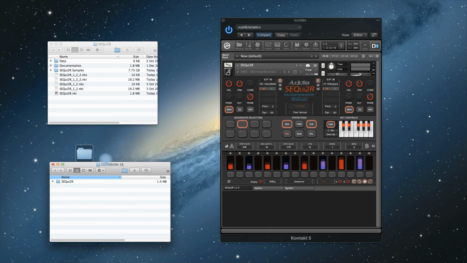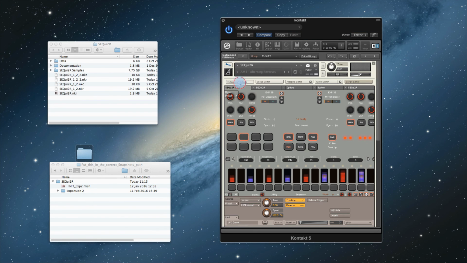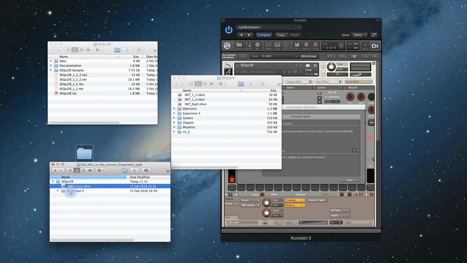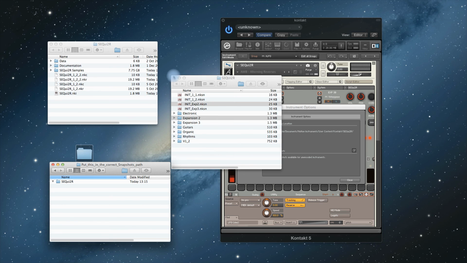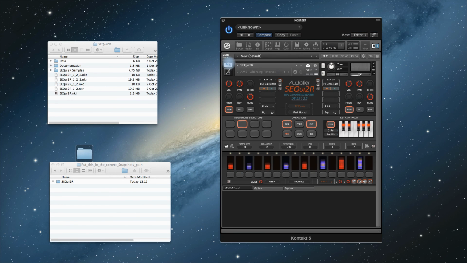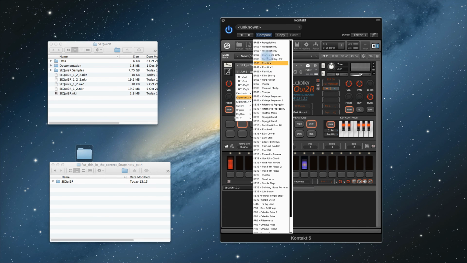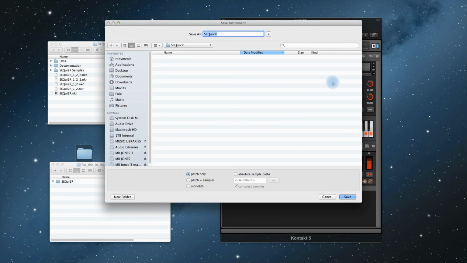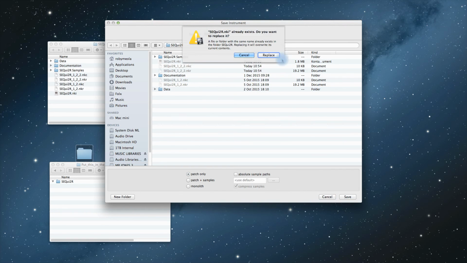Next thing I have to do is take all my new snapshots for expansion 2 and place them inside the same folder of all the other snapshots. So we know already what to do. Just copy and paste. Close this, close that. And at this point, I should see the sounds expansion 2 appearing here. And so it's all working. I'm gonna save, so Contact will remember everything. Replace,